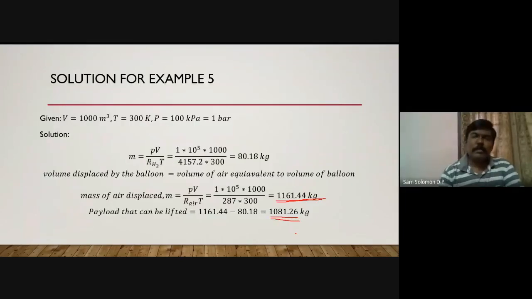Okay, so this is a very simple problem. You can see it's a very simple equation, right? Ideal gas equation, a very simple equation, and we have to think slightly and we are able to arrive at this result. Okay, don't worry, these sorts of problems you may not get in our semester question paper, but maybe when you appear for some competitive exams or for your placements, this may be helpful.